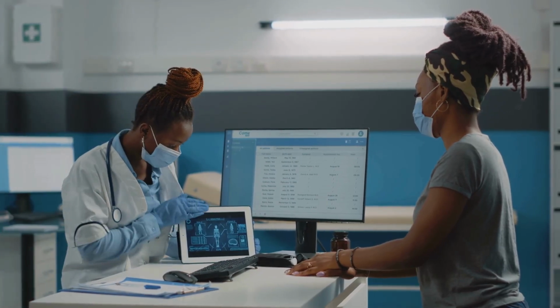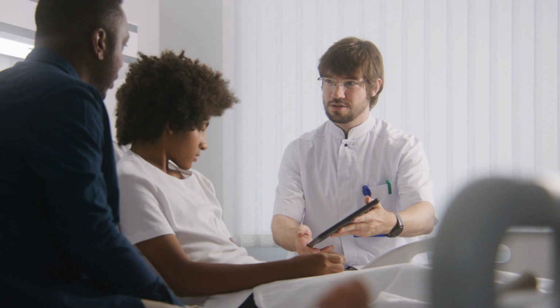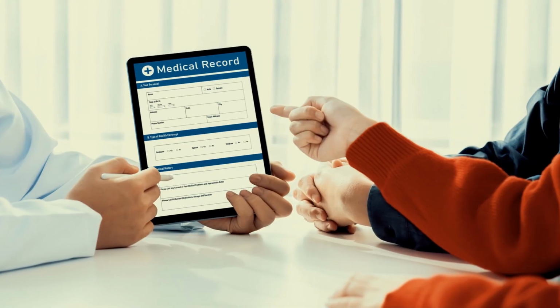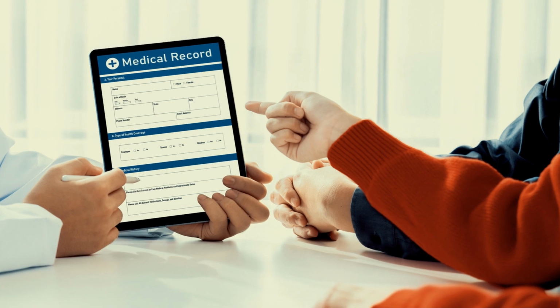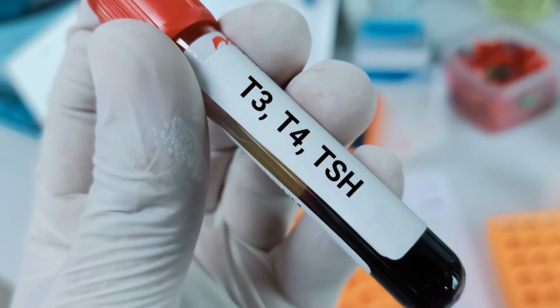Importance of the test: diagnosis of thyroid disorders. This panel is essential for diagnosing conditions such as hypothyroidism, where the thyroid is underactive and produces too little hormone, or hyperthyroidism, where the thyroid is overactive. Symptoms of thyroid dysfunction can be broad and affect various bodily functions, making specific tests crucial for accurate diagnosis, monitoring,